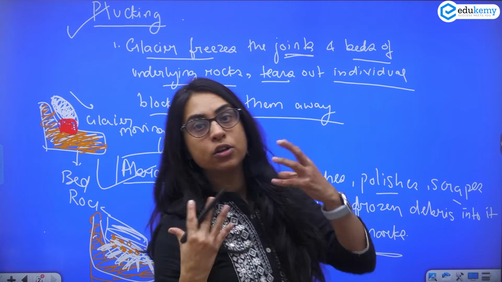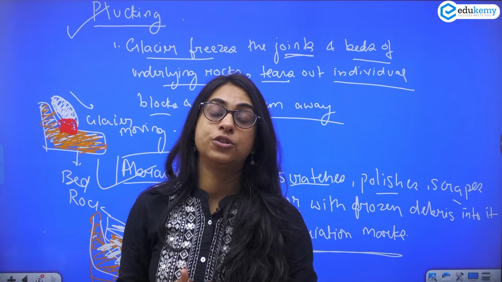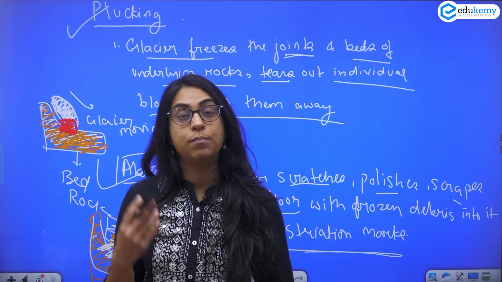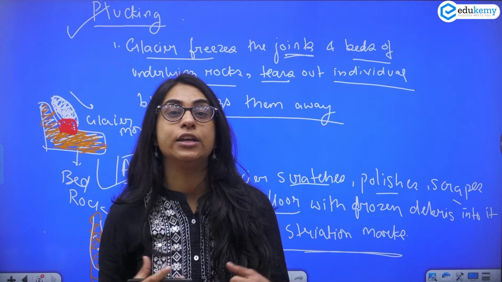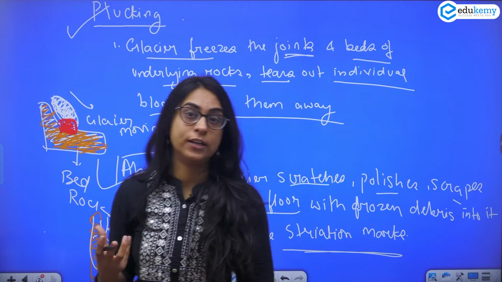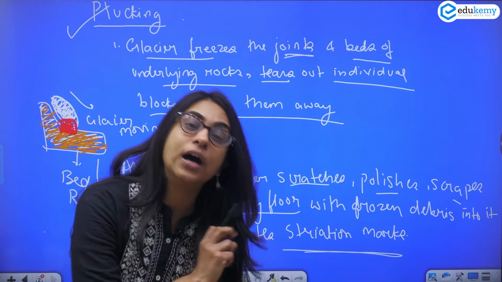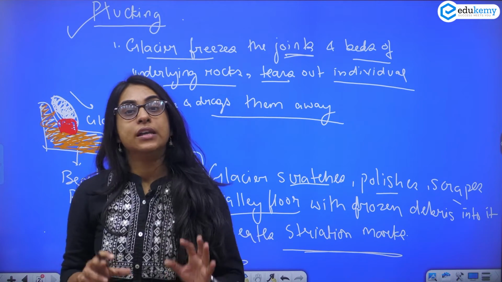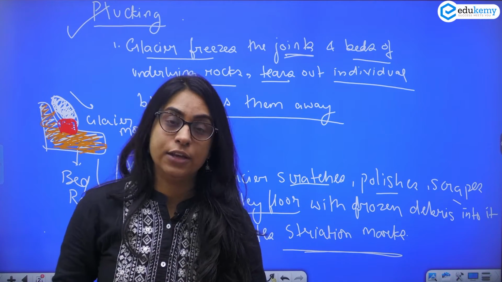Now you understood what a glacier is and the types of glacier, the continental and the alpine glacier. Some examples of the alpine glacier are Alkapuri and Gangotri glacier. From Gangotri the river Ganga comes, and from Alkapuri the Alaknanda river comes. We've also understood the erosional processes done by the glacier.